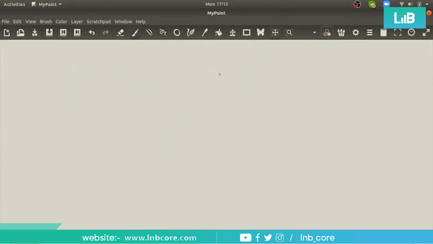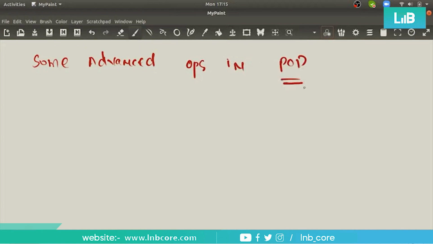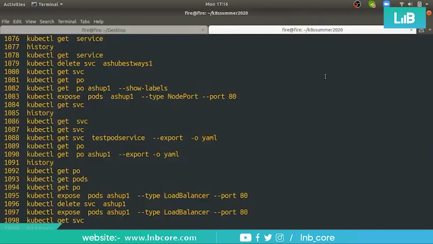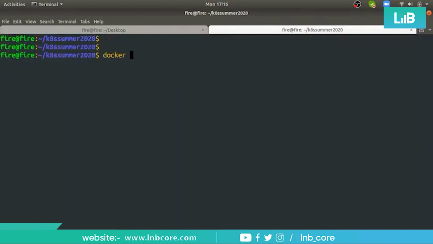Now, some advanced operation in pod. Okay, and that is, if you guys remember that session of Docker, let's say I'm just pulling my Docker image that I uploaded in my Docker session.